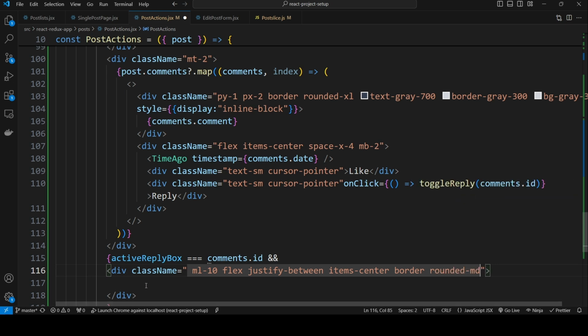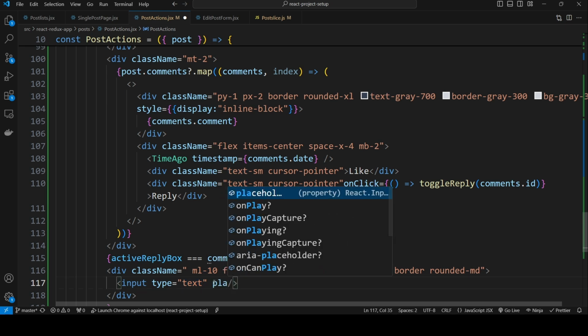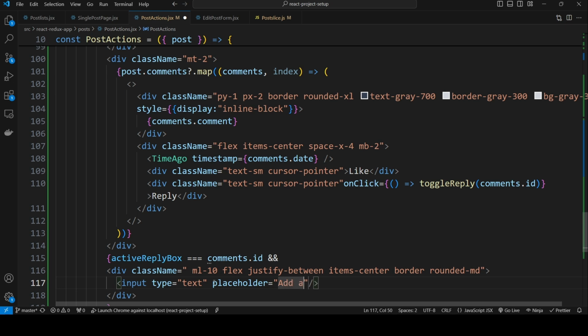Inside this div, I want to have one input box. Type text, then placeholder, add a reply, and then value will be